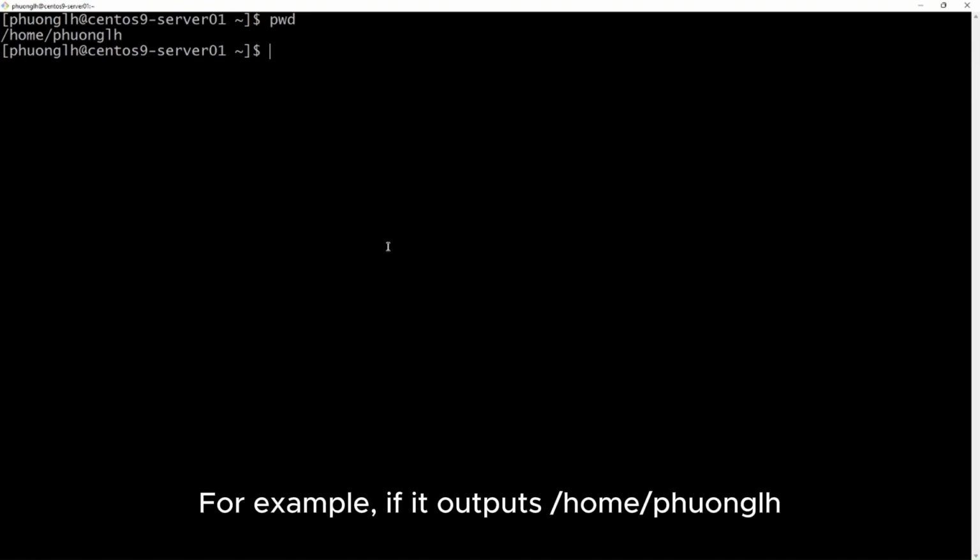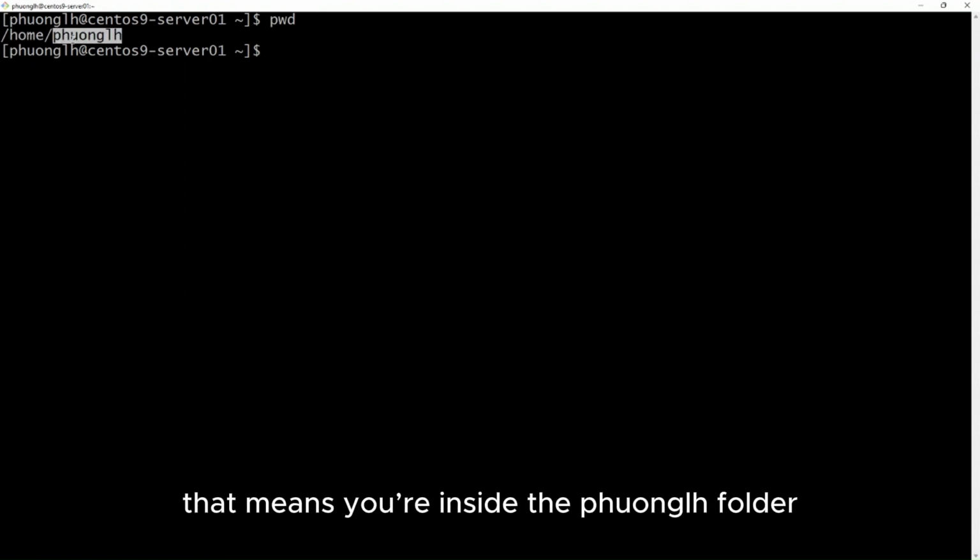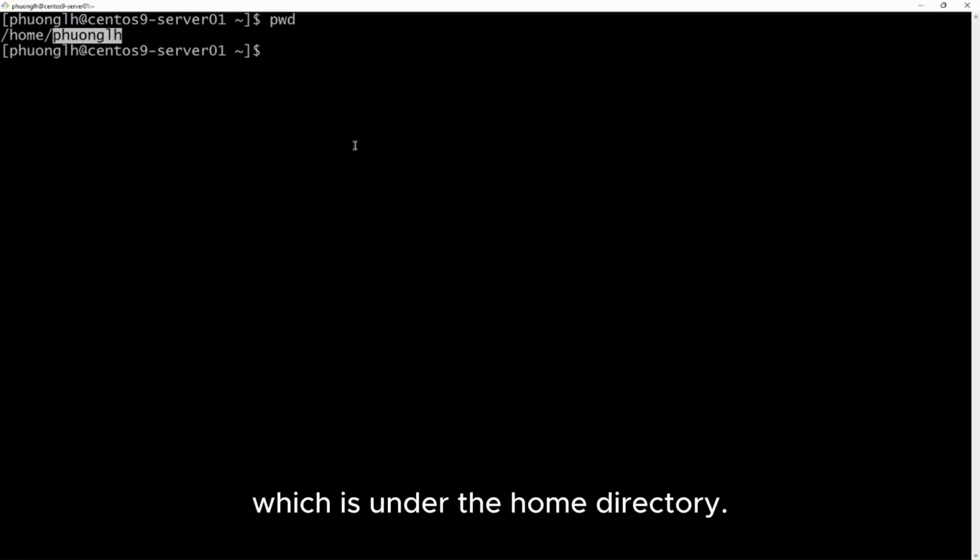For example, if it outputs /home/phuong/LH, that means you're inside the LH folder, which is under the home directory.